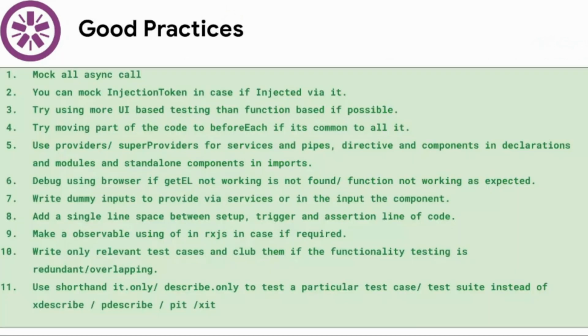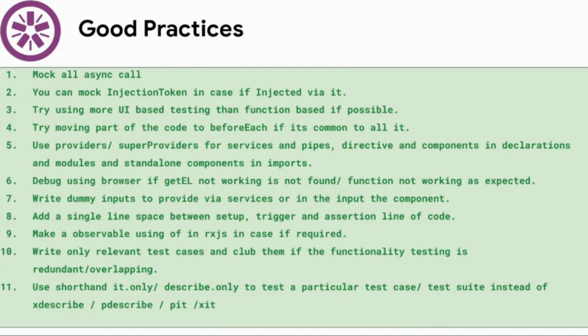Okay, so apart from that, I would just finish with some good practices. Mock async calls, otherwise it will say that this is not provided and this service is not working. Then you may also get the null injector error. What it says is that you are adding an async call and that service is dependent on some other service that is not defined.